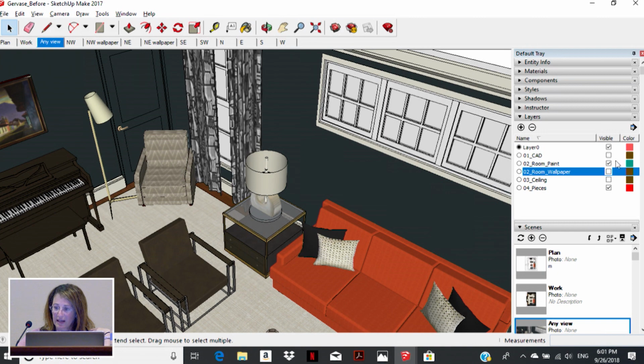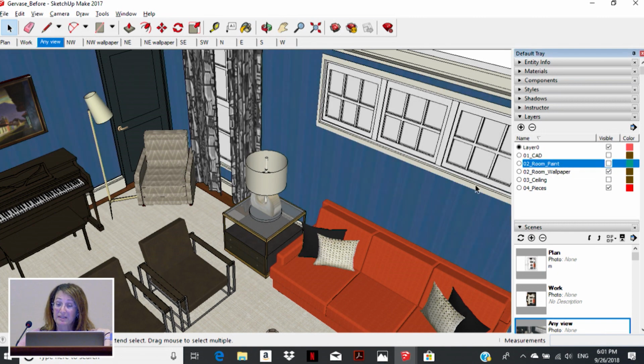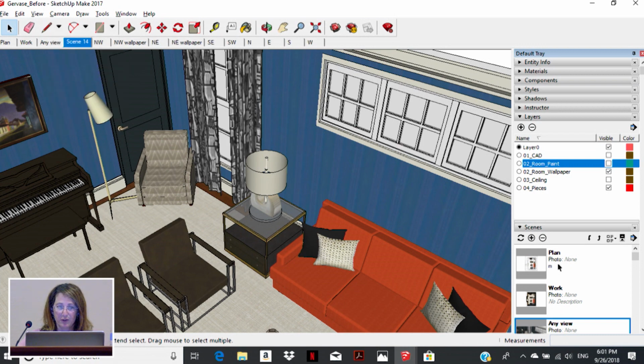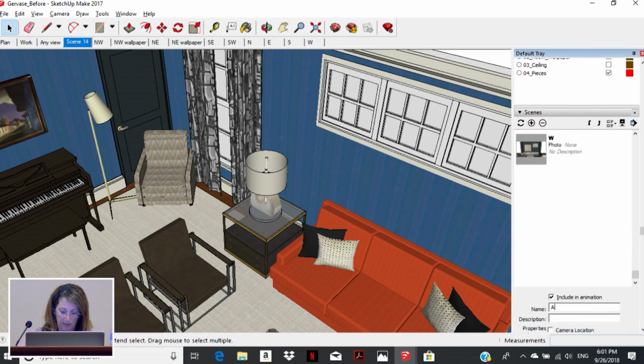And then again, I'll make a second scene that shows the wallpaper instead of the solid color. And then I'll make a new scene. Camera location is still off. It's off until I turn it back on. I'll add a new scene and call it any view